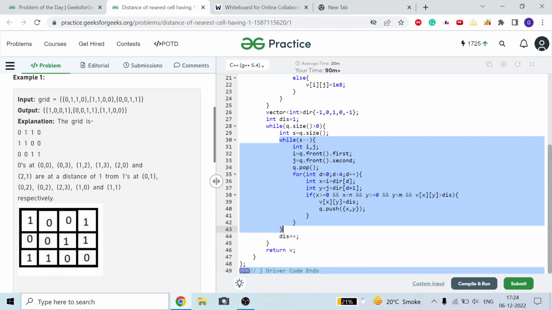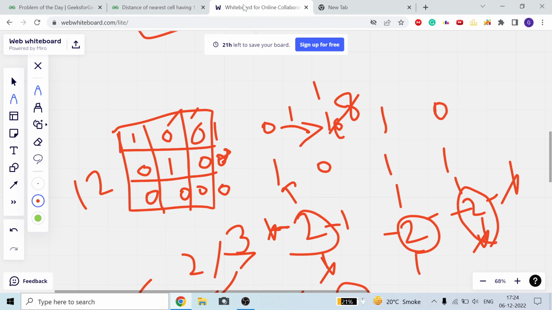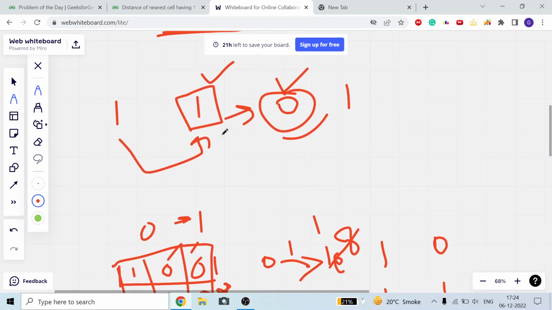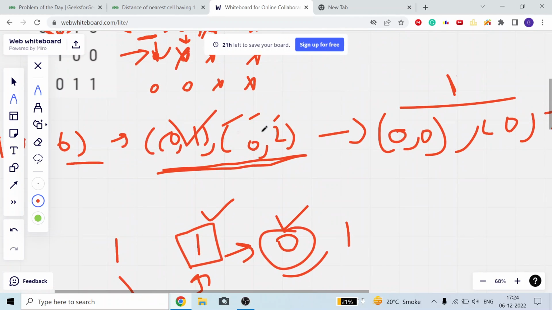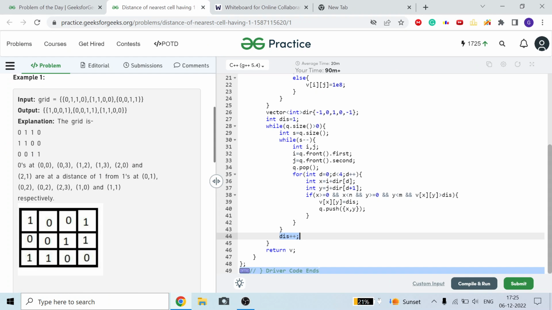Then after traversing the complete queue of that current level, I will increase my distance, because from 0 if I am going somewhere, then cost is equal to 1. Then my queue will also update. Queue initially contained all the 0 distance blocks, now the queue will contain all the 1 distance blocks, so distance will become 2 as well. So distance will keep increasing, and at last when my queue becomes empty after doing this process again and again, I just return v.